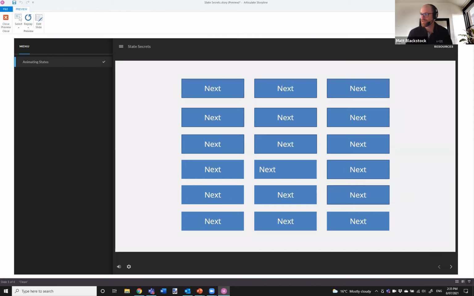What else have we got? Can we use customized states and have them as master elements? I think you can, Philip. I haven't actually done it much myself. I tend to build them on the actual slides, but certainly you could add them as a master element. I don't see any reason why not. Everything else works if you put it on the master slides. Might just have a bit of a test and a play with it to see if we can get it working for yourself. That's a great idea, because if the client does want to change how a button functions, you don't have to change it everywhere. Just do it on the master slides.